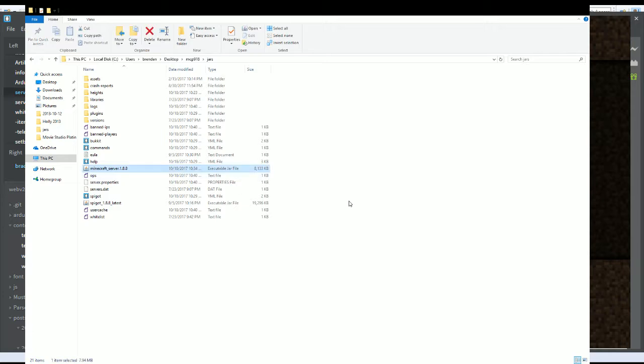So here you can see the server file. It's available, I'll put a link below, it's on my website. And everything else is pretty straightforward. You can run this server locally on your computer, which I'm going to do in a minute to show you how things work. But the real fun is in